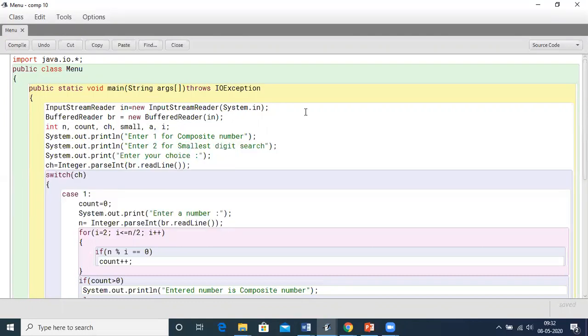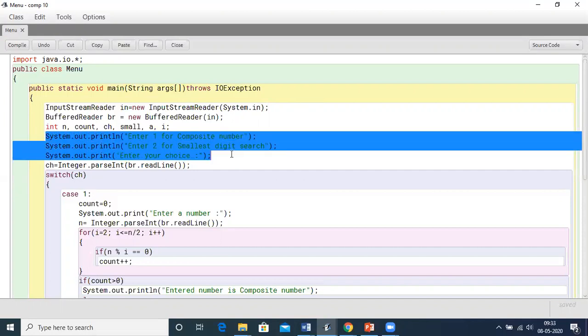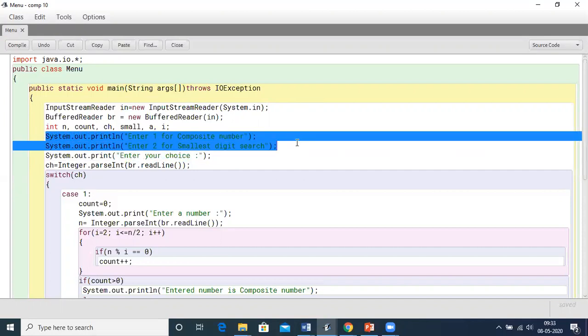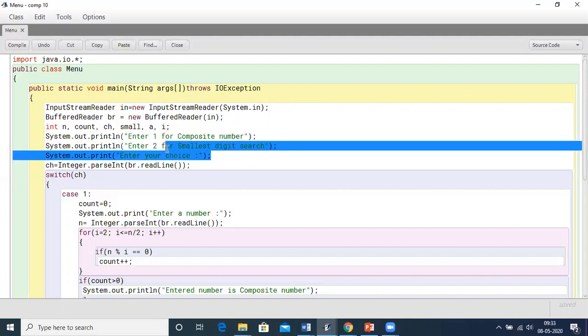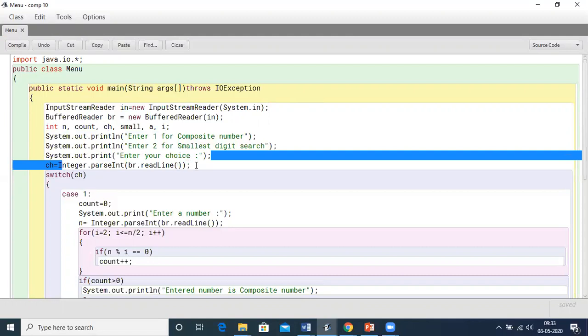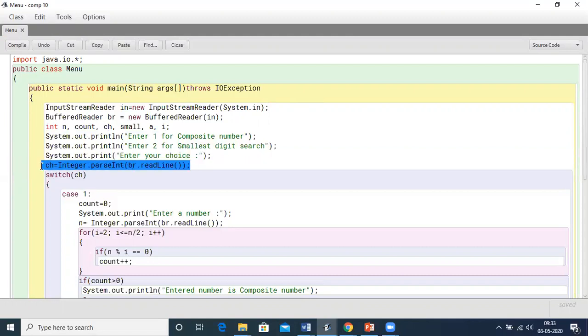Then we prompt to the user that choice 1 is for composite number, choice 2 is for smallest digit. Then you need to prompt the user to enter his choice. Store the choice. Here again, the choice is of integer data type.